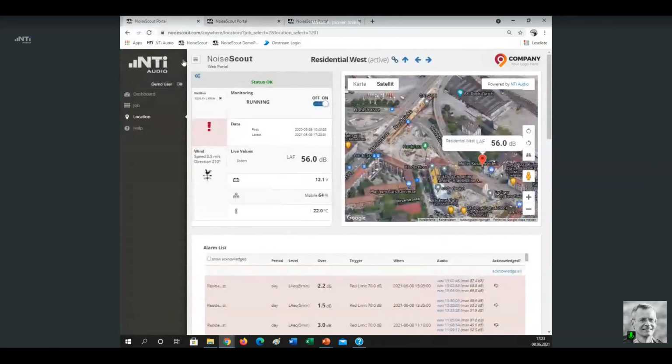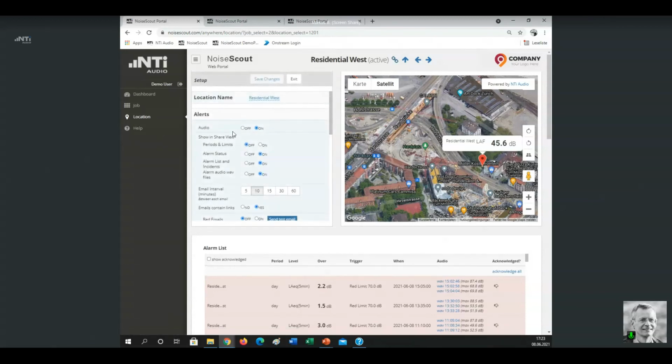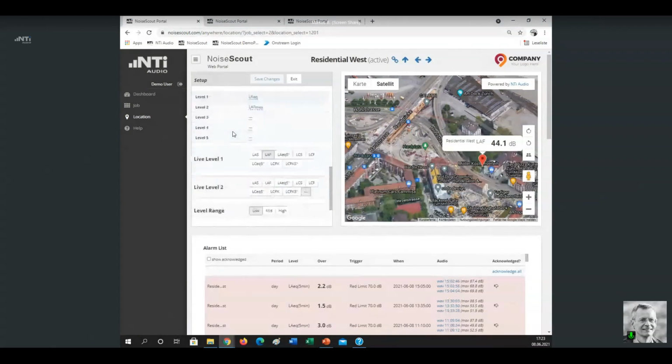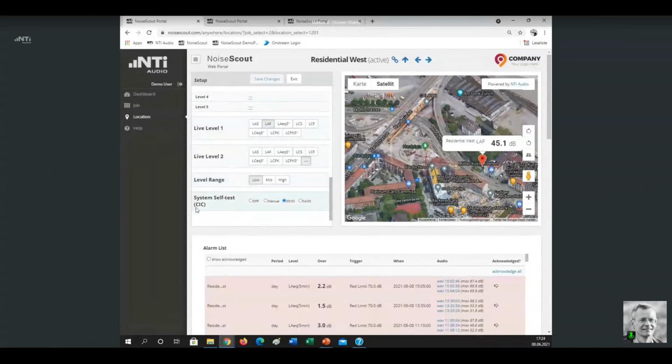Now going back to the administrator view here with all the information, with all the features, also the possibility to edit everything, I want to show you a little bit more about this system self-test. So for that purpose, I open the settings again. And you see here at the very end, I have the system self-test settings. I can switch that feature off.